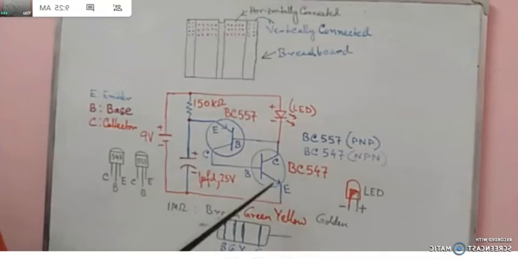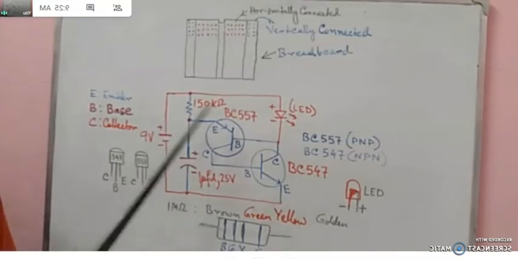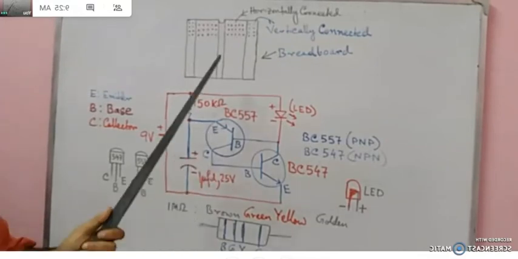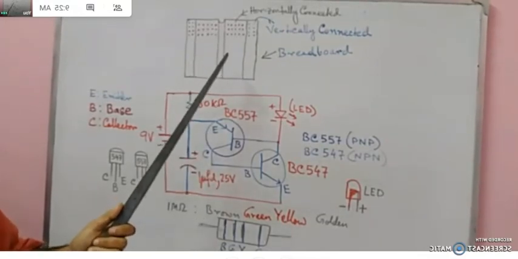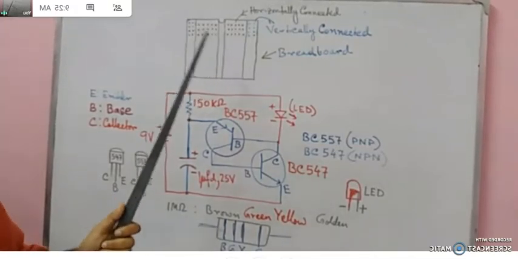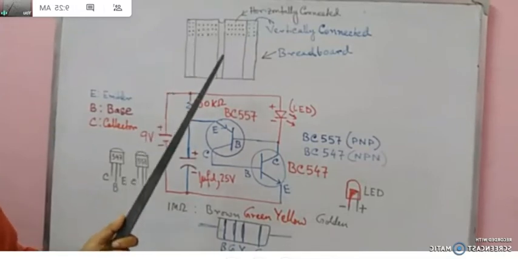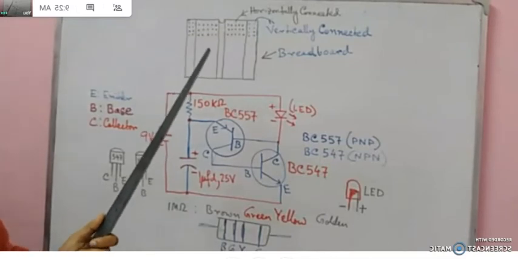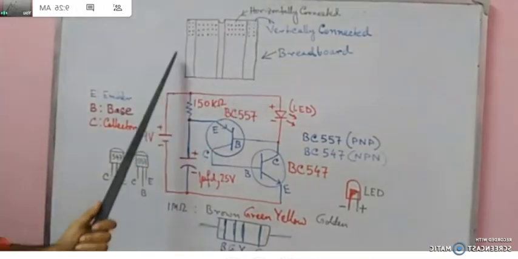So this is the simple circuit, and for the entire circuit we use a breadboard, not a Vero board or any printed circuit board, PCB. It is a breadboard. So what is the advantage of a breadboard? We can connect any component without soldering, and then you can remove it. So in a single breadboard, we can build different projects, different models. So this is the layout of a breadboard.